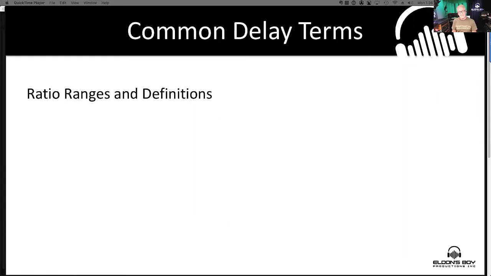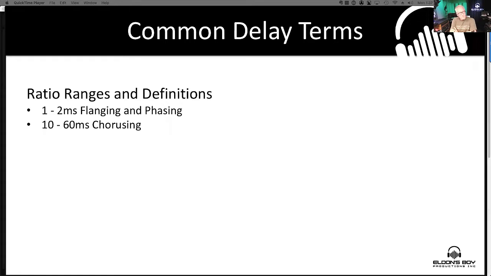So let's talk about some ratio ranges and definitions and stuff like that. The thing to keep in mind here is the time kind of dictates what kind of effect it is, right? So if you're working with a delay in the 1 to 2 millisecond range and you're blending it with a source, that is more often than not going to sound like flanging and phasing, kind of depending on how you use some of the other pieces of the delay. As we move up in time, if you get up to 10 to 60 milliseconds, and this isn't hard math or hard rules here, this is just generalizations, then you're looking at chorusing effects, right? We're talking about chorusing, and again, how you add